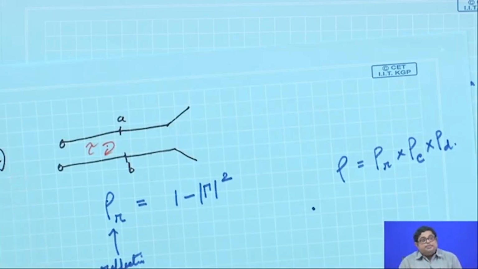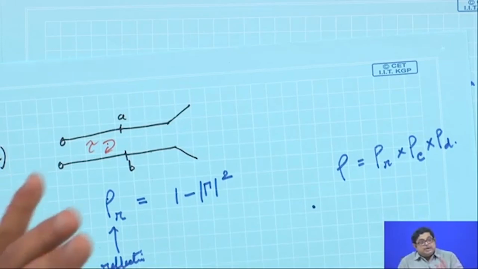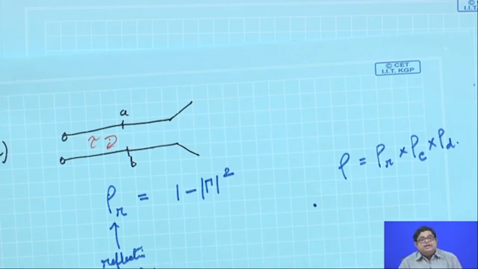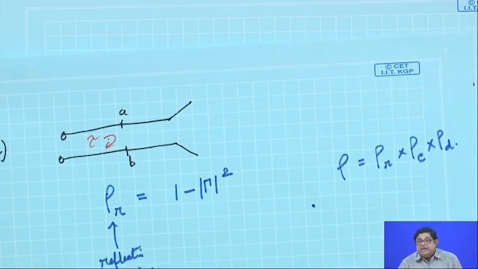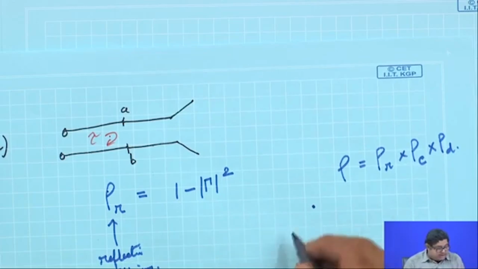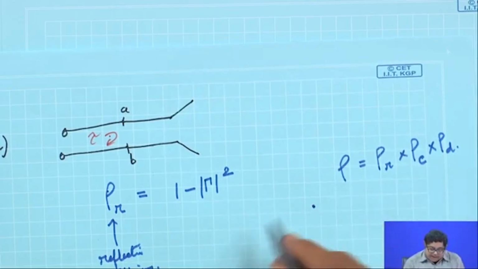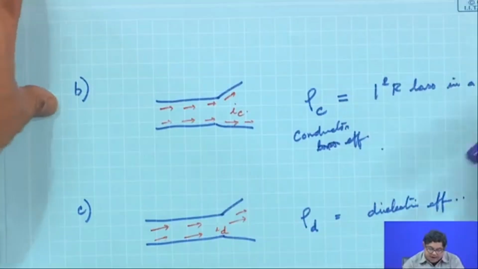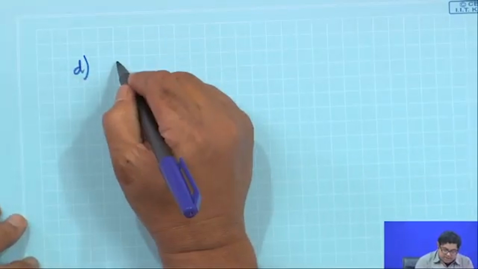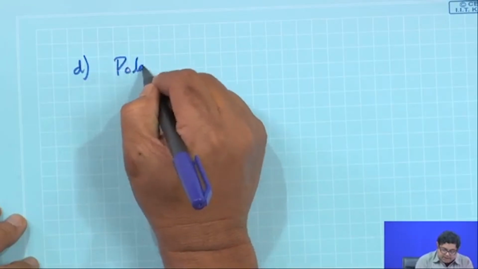If there is a mismatch between the polarization of the wave coming and the polarization of the antenna, then there is a polarization mismatch loss. We will discuss that later, but here I introduce that term, that there will be another one due to the polarization mismatch,